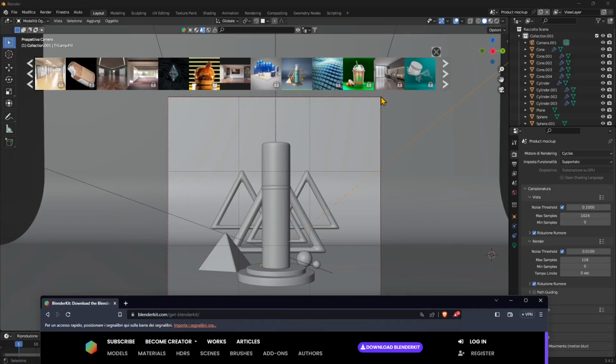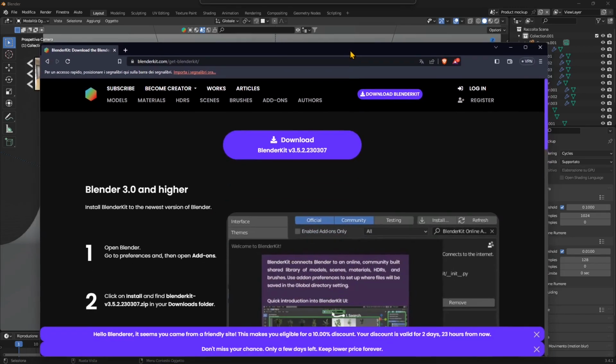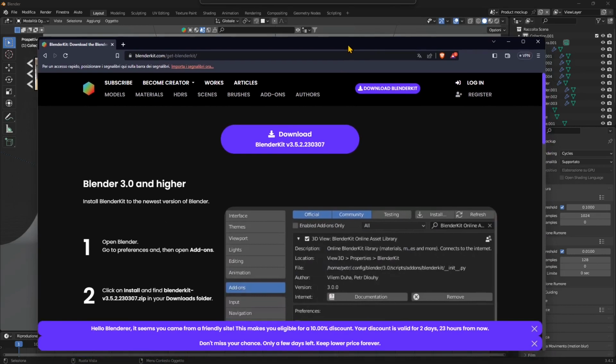In this quick video guide, we're gonna see how we can use scenes that have already been set up and already prepared for you. And we're gonna do this in Blender, and we're gonna use the add-on Blenderkit. We already created some video guides dedicated to Blenderkit, if you wanna look for them in the channel, but quickly